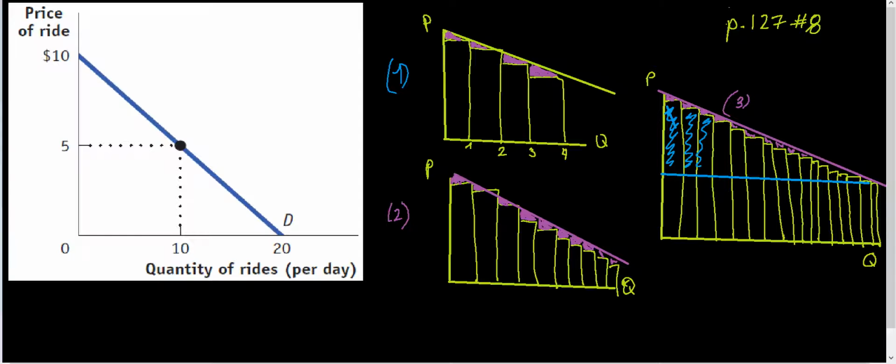So let's take this blue line that I've drawn in the third figure, and let's say that this is the market price for an item. So maybe it's $10, and we want to calculate the consumer surplus. Well, what we've been doing is calculating the area of the portion of each bar that sits on top of the market price. So we've been calculating the area of each one of these rectangles and then adding it up to get the total. This starts to get annoying as you add more and more bars, but